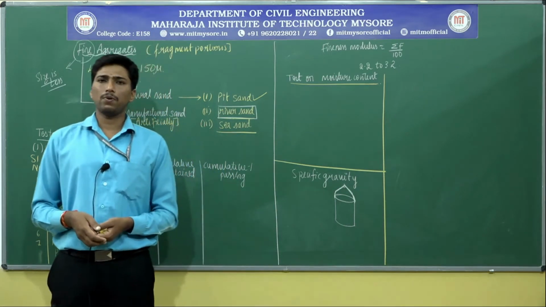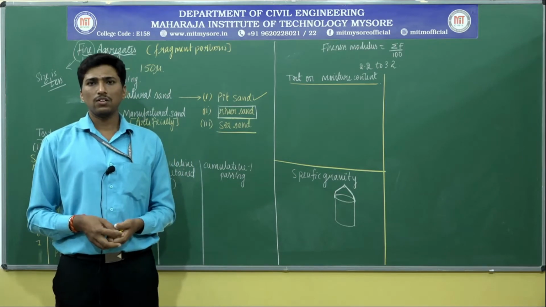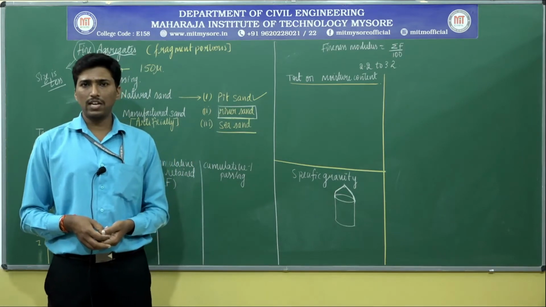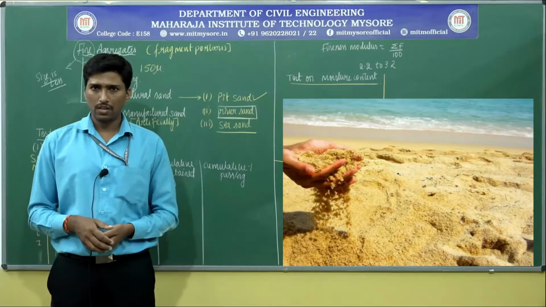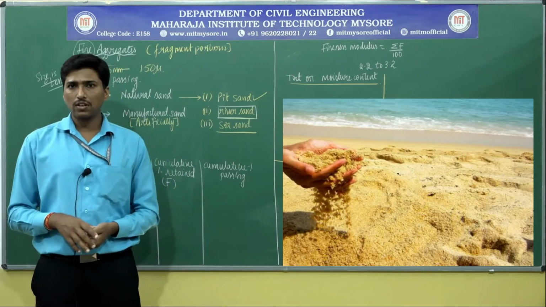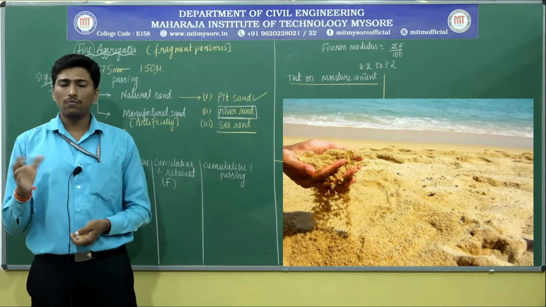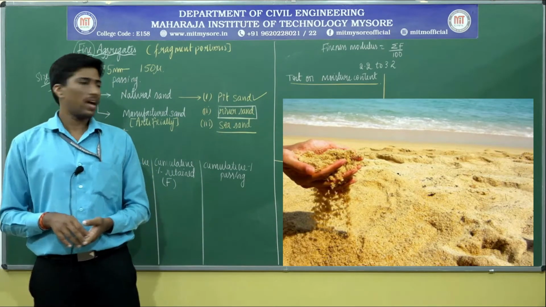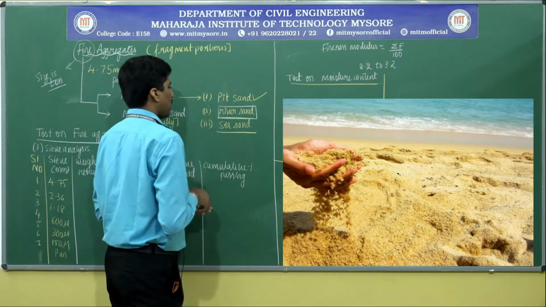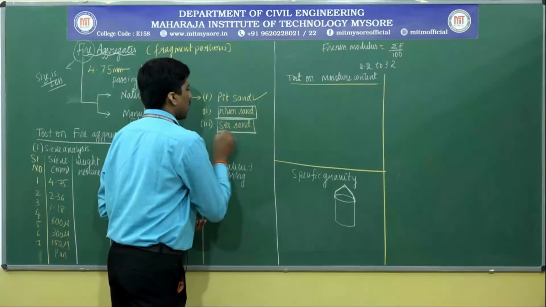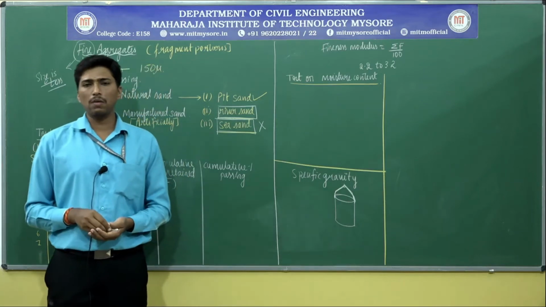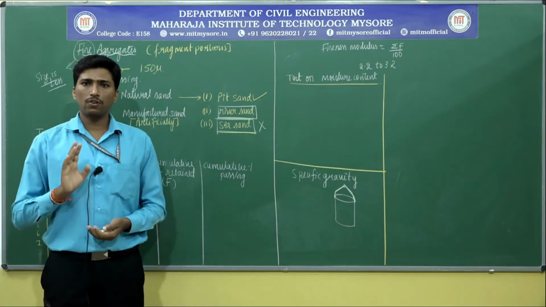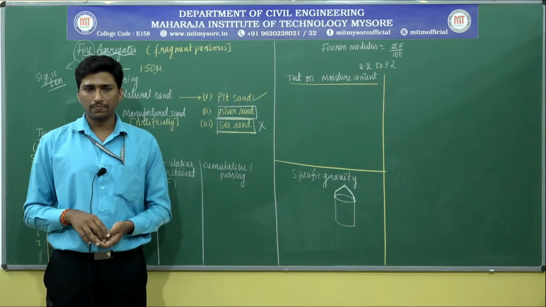That kind of deposit contains salts which are active in nature. They tend to cause corrosion of the concrete. That kind of substance shall not be utilized for manufacturing purposes. Hence, this sea sand is not utilized for construction purposes. It can only be utilized for recreational purposes.